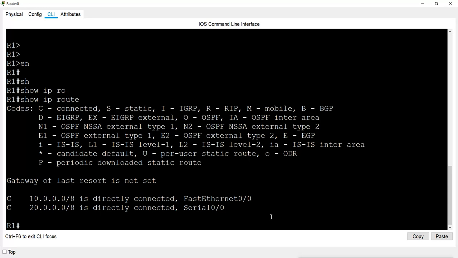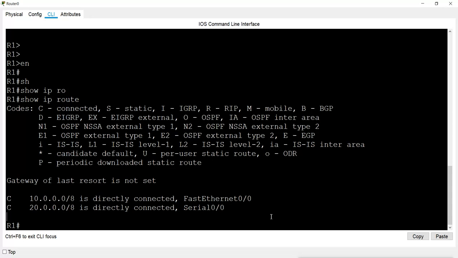The location of the network, which network I want to reach, the destination network, and the path from where I can go to the destination network. That means the first hop address or even an exit interface. So for that we configure it statically, that means manually, and it's a long configuration, depending on how many networks you have and how complex your network is. Maybe you have multiple paths to reach the destination. You have to think of all those things in your mind and then configure it, and the router will not do anything.